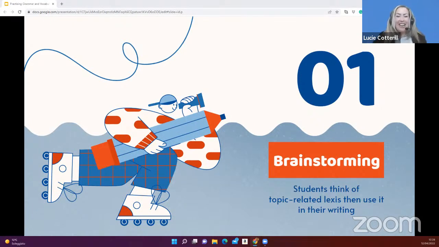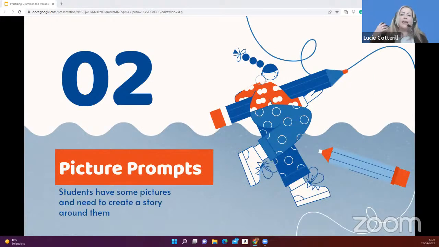Now, with that activity, the words in the word cloud came from the students. But we might also want to choose some words for students to include themselves. So, for example, we can give the students some pictures to inspire them.